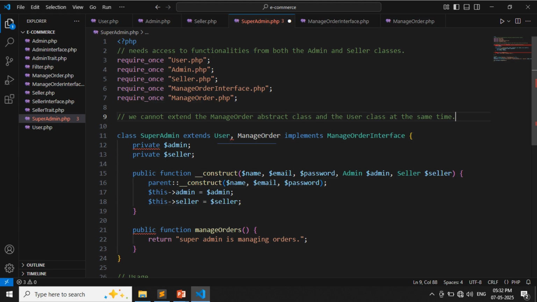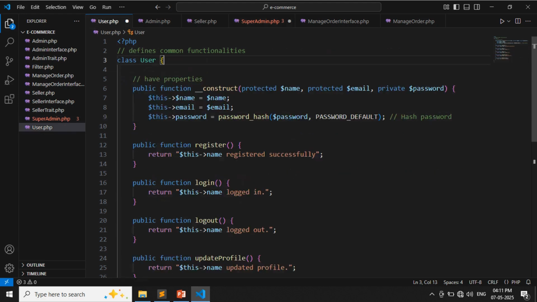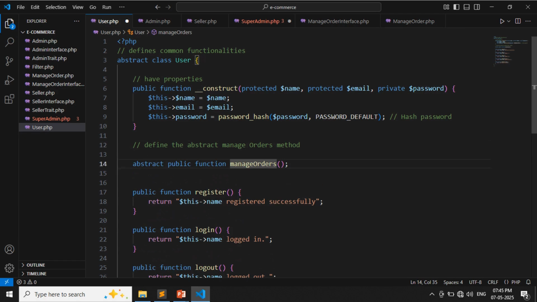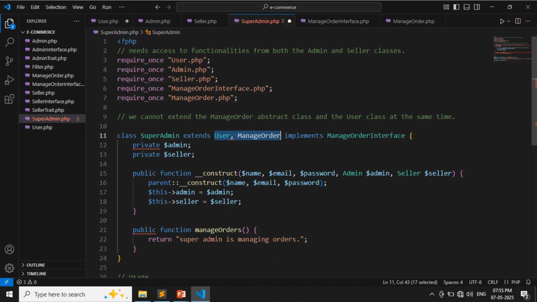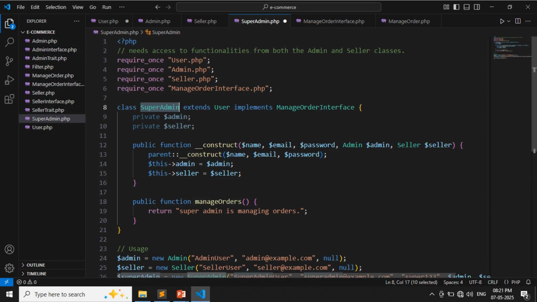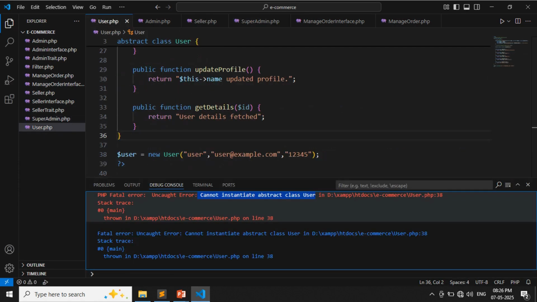the same time. Now, if we try to convert the user class into an abstract class and define the abstract manage orders method there, it solves the multiple inheritance limitation, because all three classes, admin, seller, and superadmin, already extend user. But we cannot create an object of the user abstract class directly.